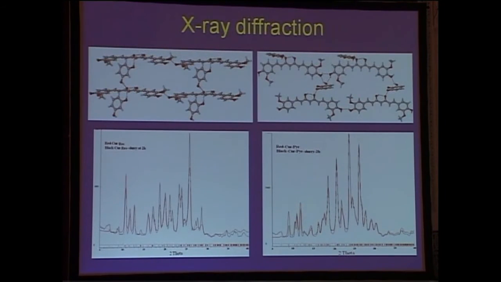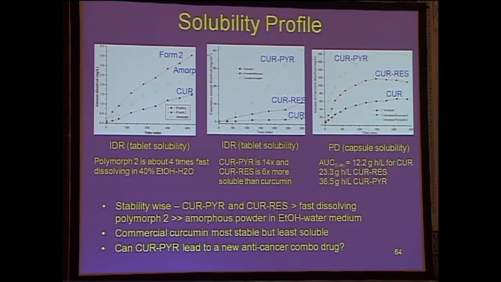Again, these are just X-ray crystal structures to confirm that these are cocrystals. So this planar part is the curcumin part, and these are the connectors, the resorcinol here and the pyrogallol there, and just matching with the line pattern. So this is the solubility profile for form 2 of curcumin, which is faster dissolving than form 1 or the reference curcumin, and the amorphous one sits in the middle. This is somewhat surprising, but the main reason is the transformation of the amorphous to crystalline is perhaps faster than that of form 2 to crystalline, and this graph is for a short period of about 4 hours. After that, they all tend to convert.